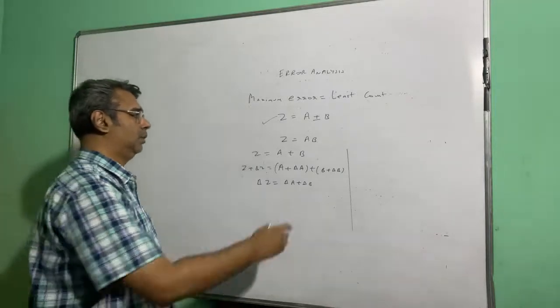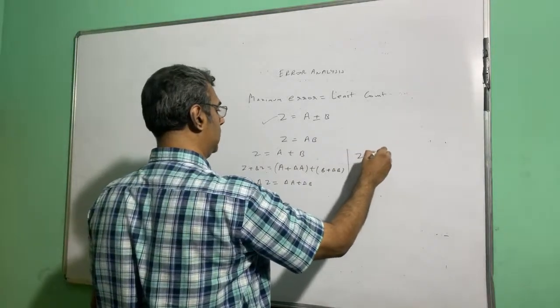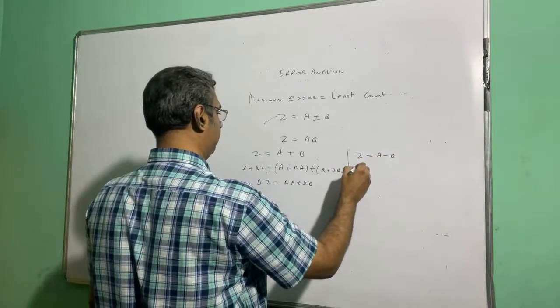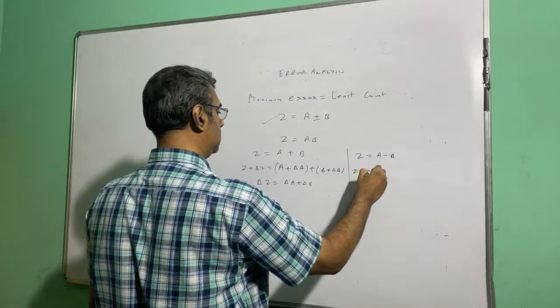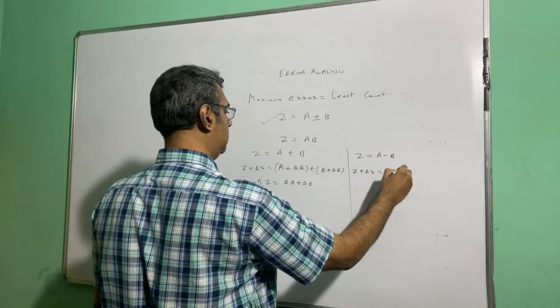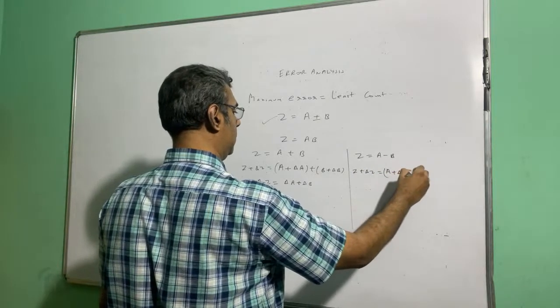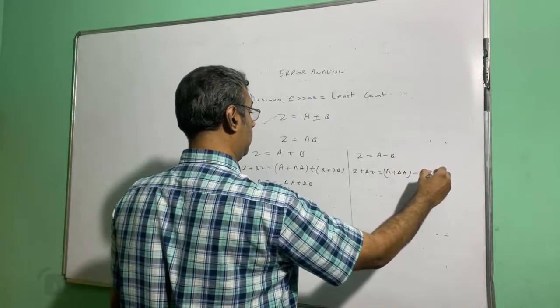Now suppose Z is A minus B, then Z plus delta Z is A plus delta A minus